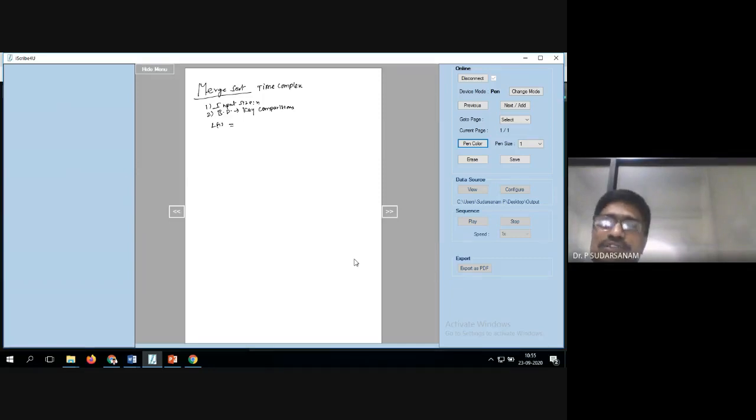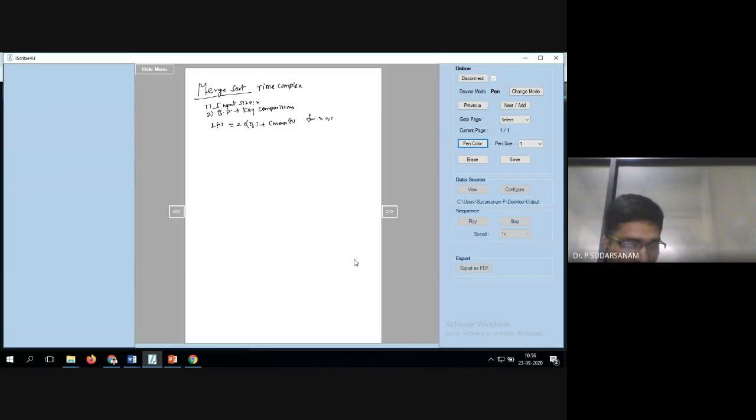Already I told you the array will be divided into two parts. So C of n is 2 into C of n by 2 plus C of merge of n, where n is always greater than or equal to 1. This is the recurrence relation for the basic operations executed.